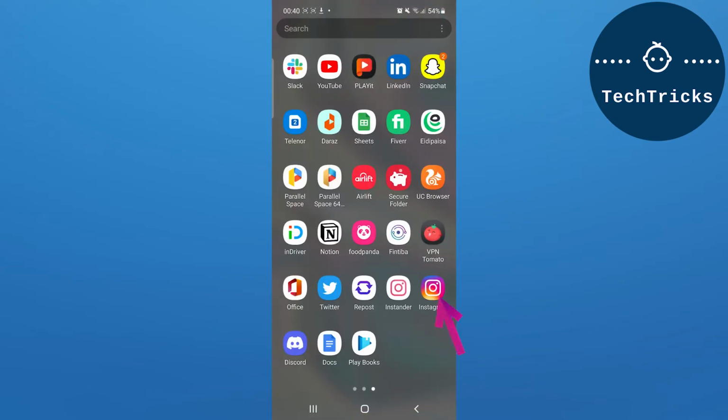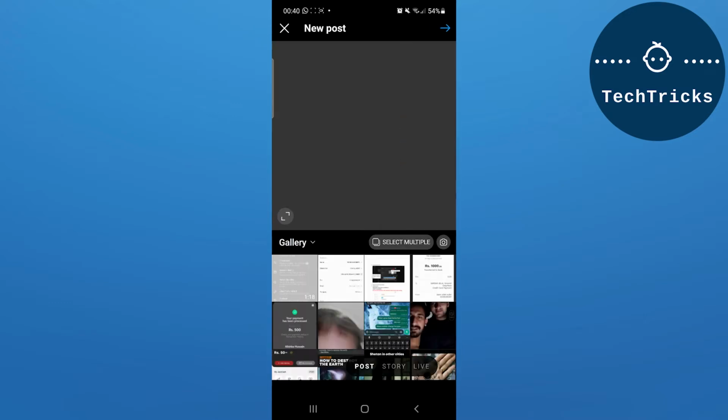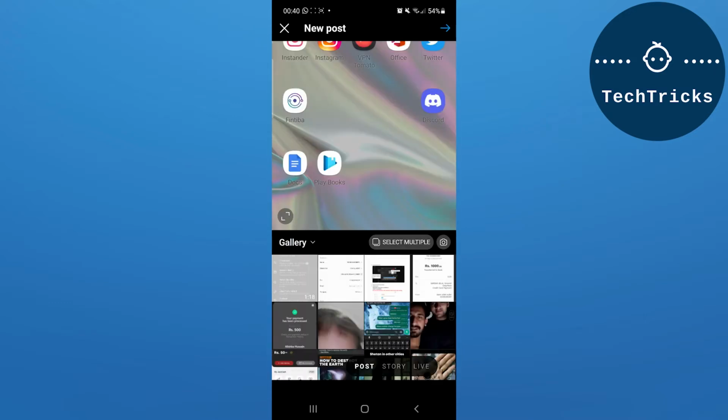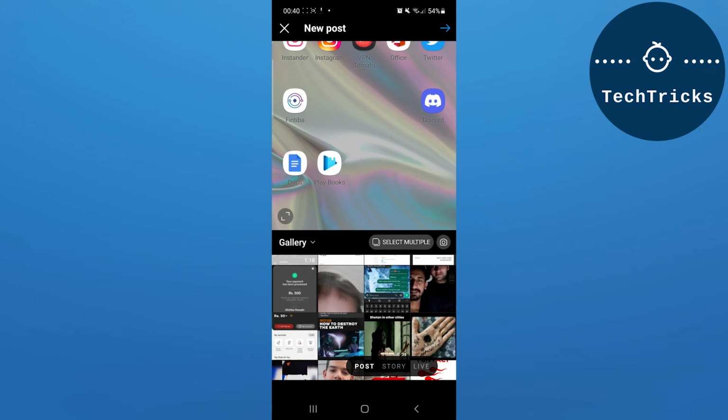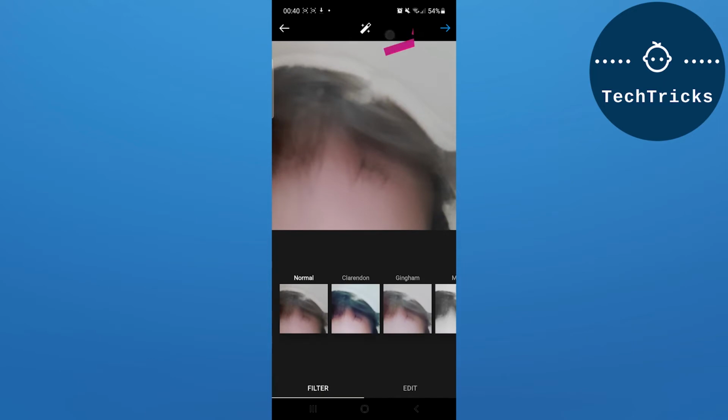First of all, open Instagram app on your mobile. As you open Instagram app on your mobile, then on the bottom corner you will see a plus option. Click on that. As you click on that plus option, now you can select any picture or anything that you want to send. Now say I am selecting this picture, and now by clicking on send option,